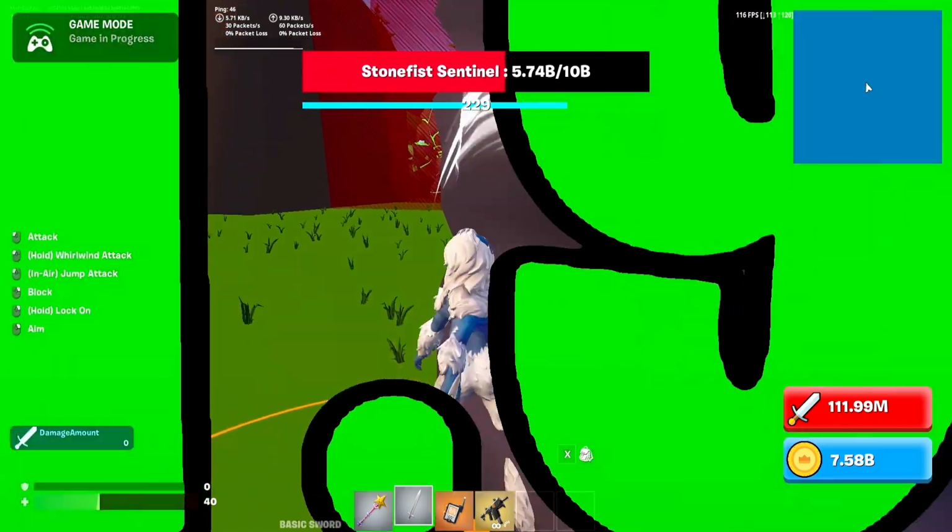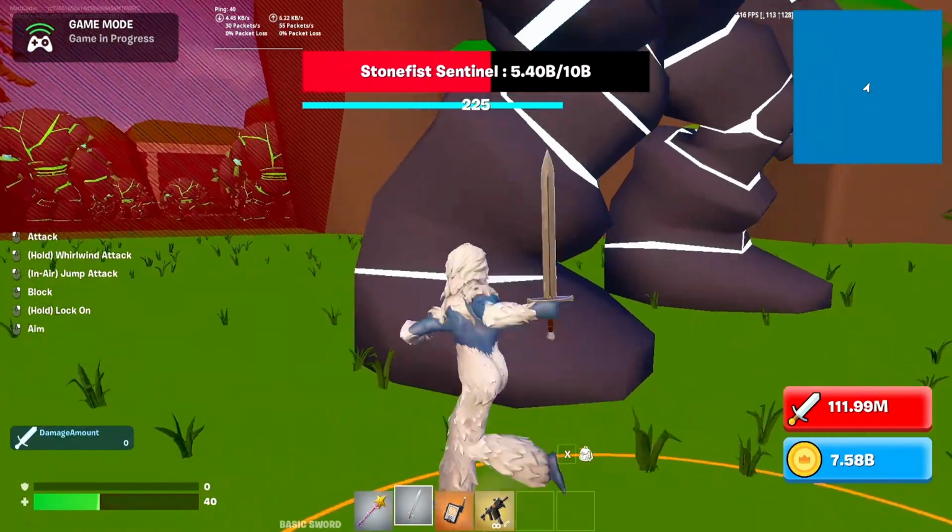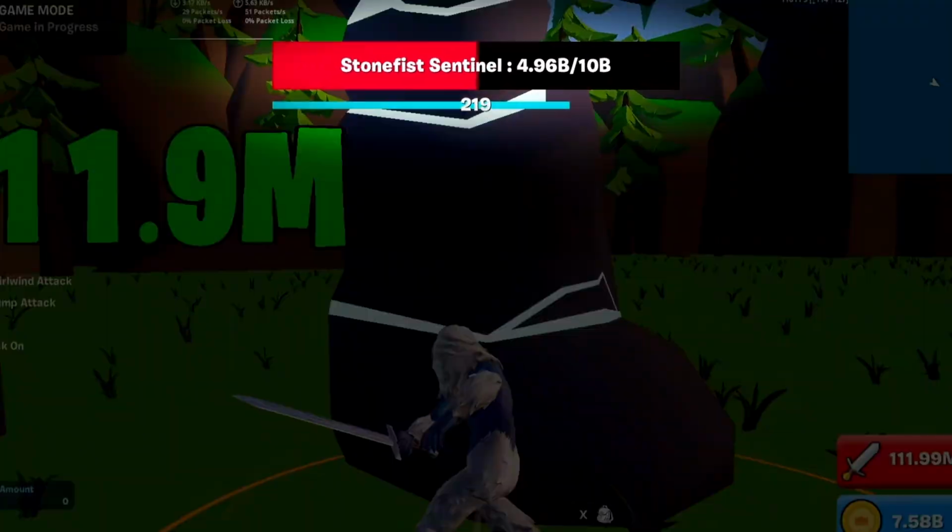Have you ever wanted to make awesome boss fights in Fortnite, but didn't know how? Well, you're in luck because in this video, I'm going to be covering everything from making the custom health bar